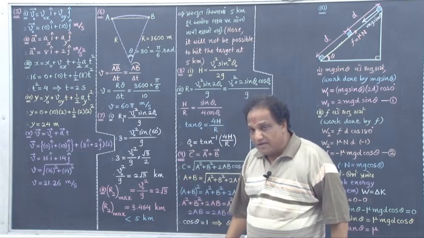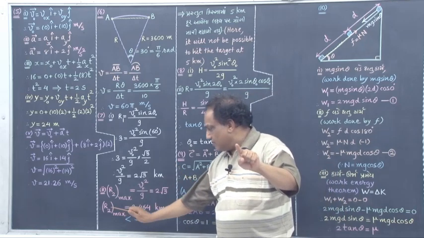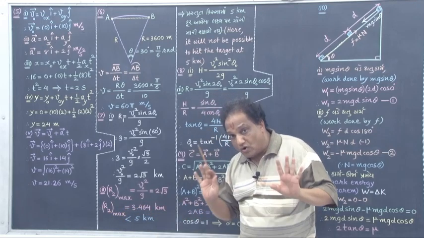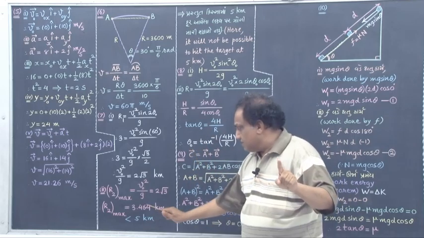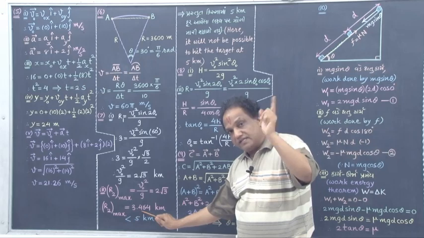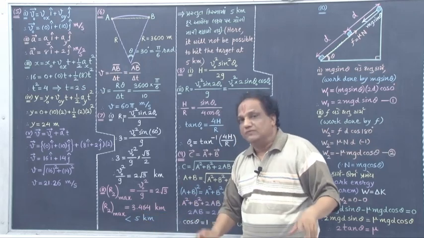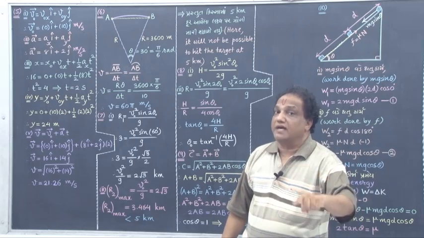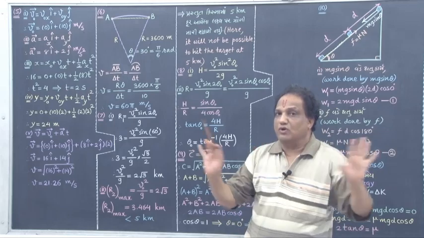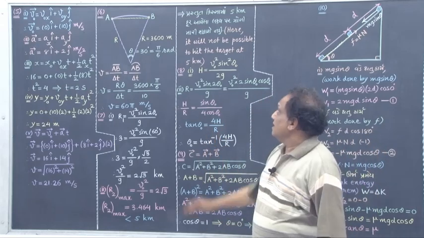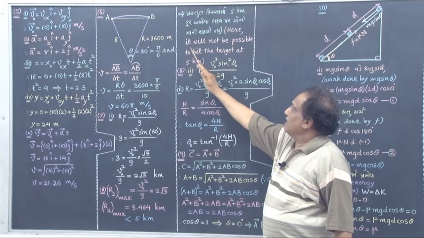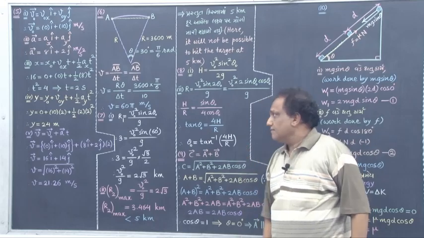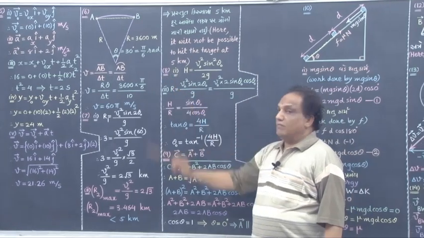So what does it imply? It implies that the maximum possible range in the second case will be this much, 3.464, not more than that. Because this maximum possible range is less than the range which is to be obtained, you can say the final answer this way: in the present case, hitting the target at 5 kilometer distance will not be possible. That is what I have written here. Can we read now the statement of number 8.